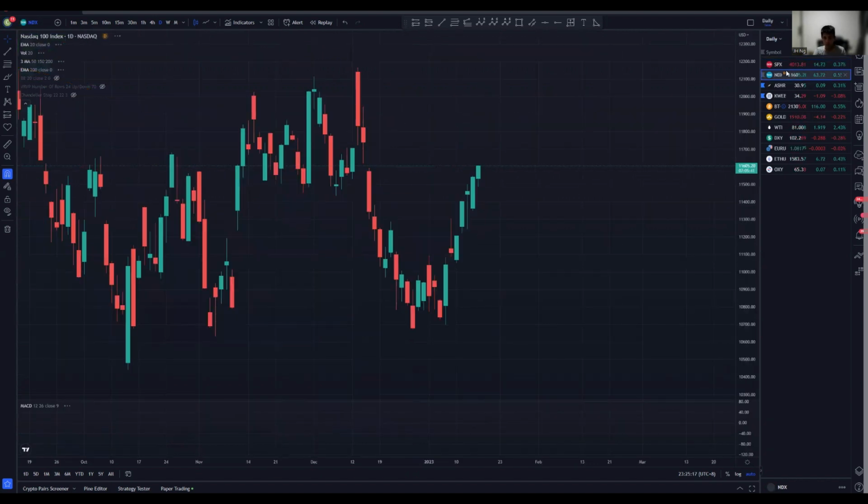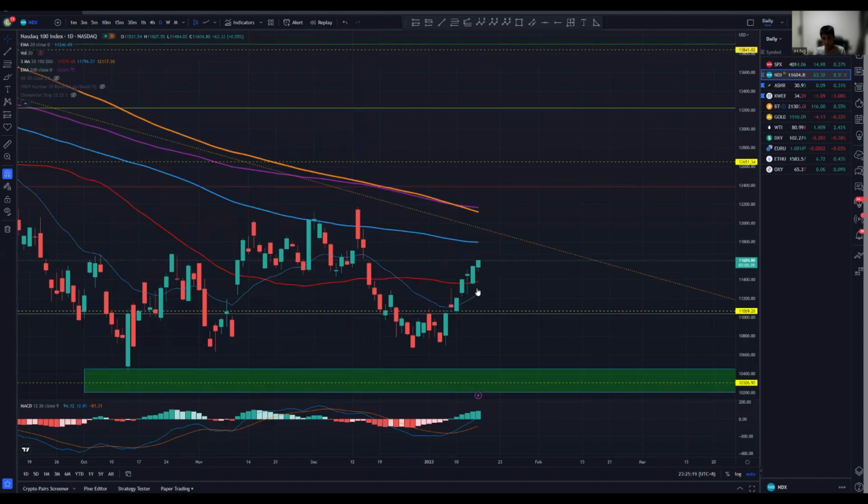If you look at the Nasdaq itself, we're very clear that we broke above and found support on the 250 simple moving average on the daily chart. Similarly, this is a very good sign of strength, and we are following suit with what we are seeing in the S&P 500. I do think that we're very likely to retest this 12K region very soon. The question is whether we have some weak pullback along the way. I would say by the end of this month, we're very likely to be near this downslope trend line, or more importantly, near the 200 exponential and simple moving average